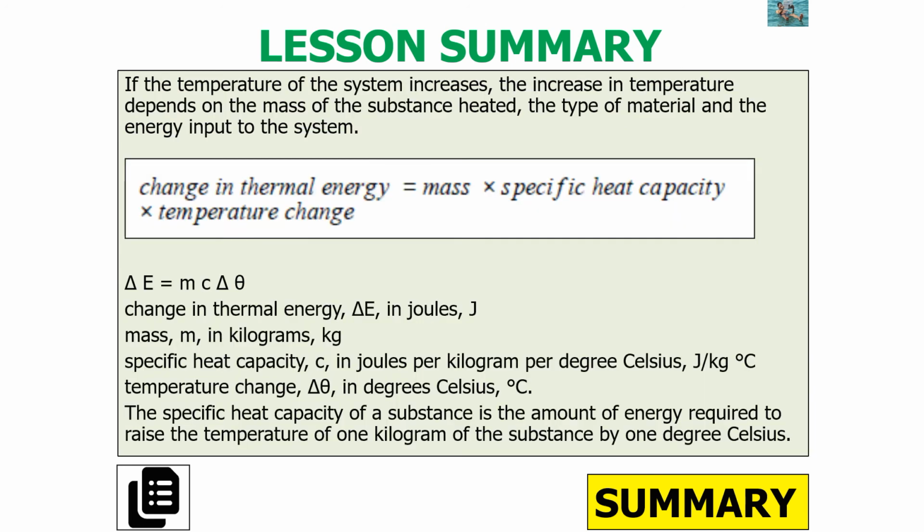Now if the temperature of a system increases, the increase in temperature depends on the mass of the substance heated, the type of material and the energy input into the system, which you can symbolize with the equation E is equal to mass times specific heat capacity times change in temperature, where the specific heat capacity of a substance is the amount of energy required to raise the temperature of 1 kilogram of the substance by